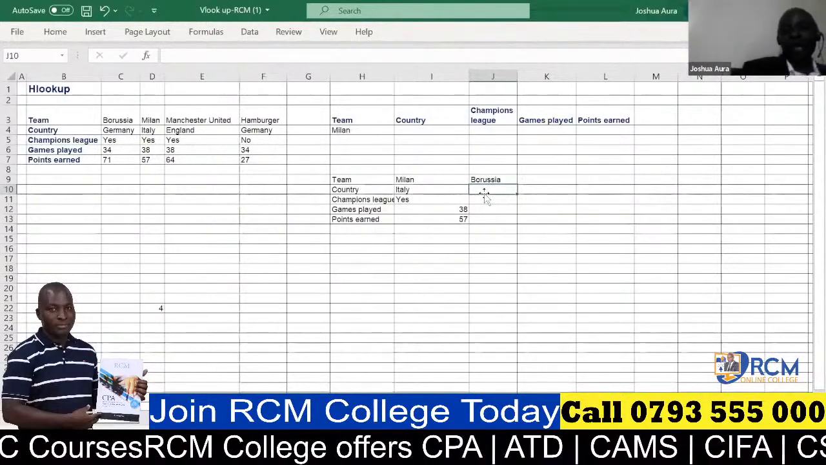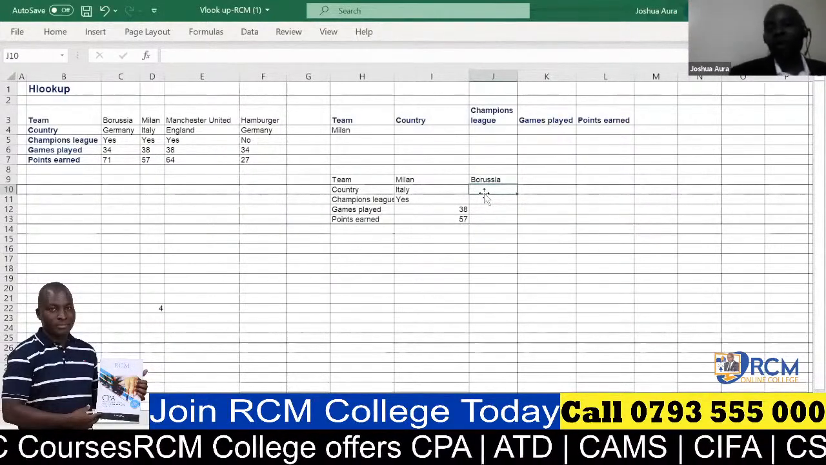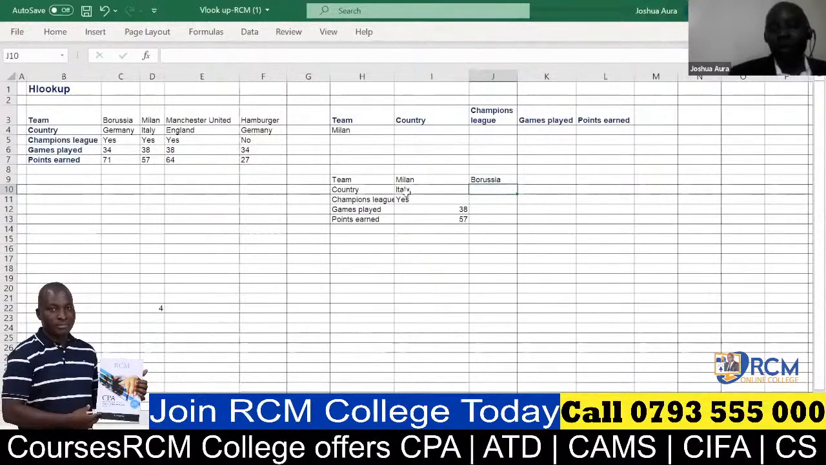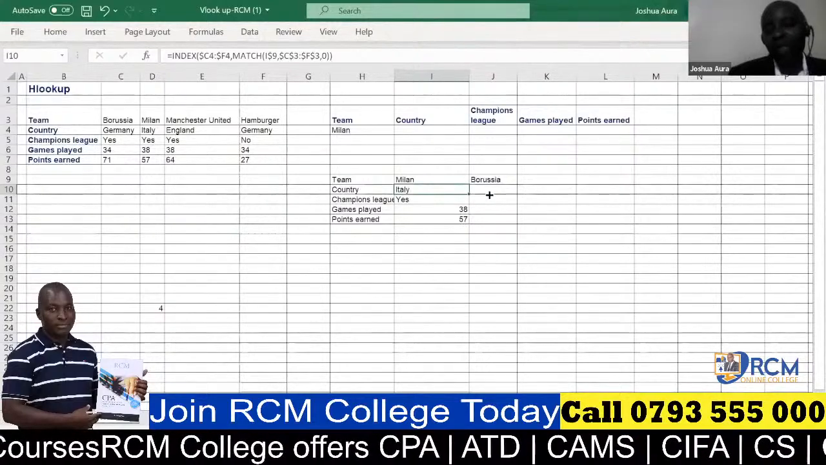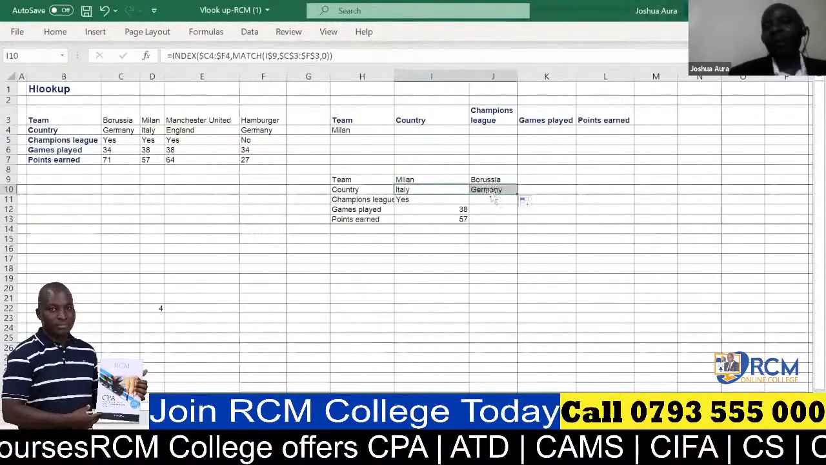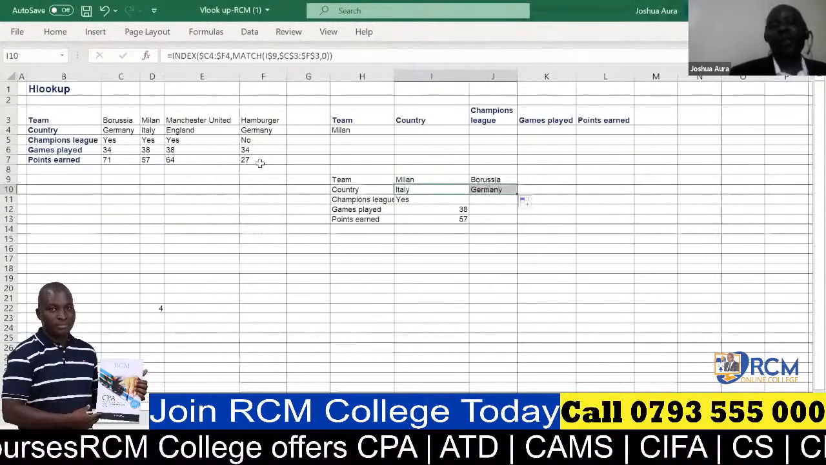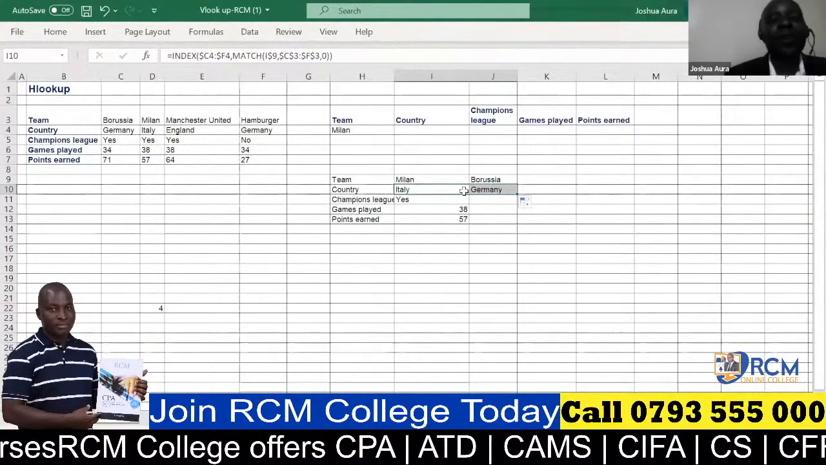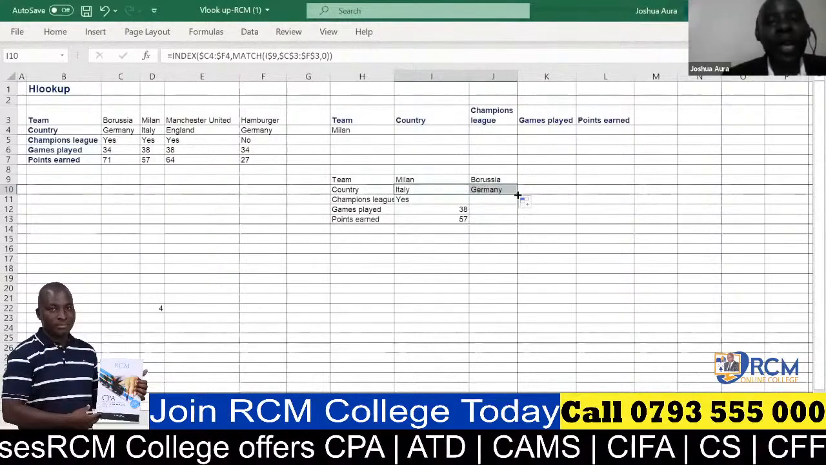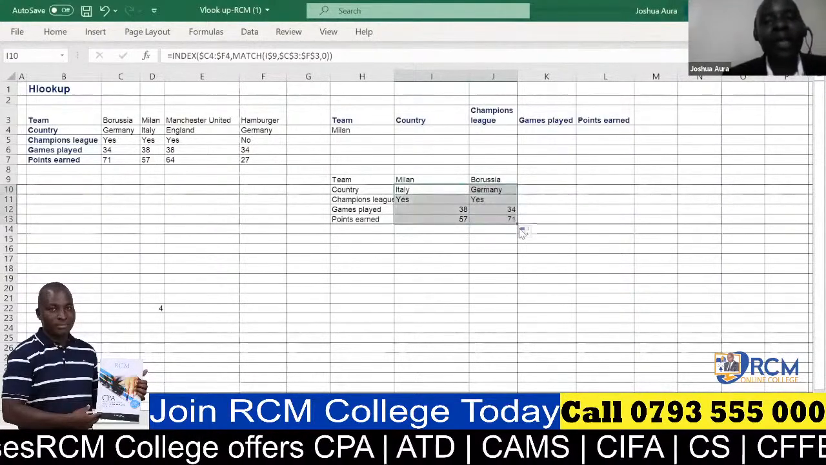What I'll do here, first of all, I would want to copy the formula here. If I go across like that, I'll be able to see that Borussia is a Germany team. And you can see here, Borussia is a Germany team. And if I drag this down now, ladies and gentlemen, I'll be able to get